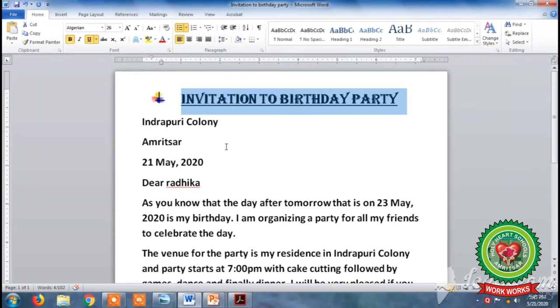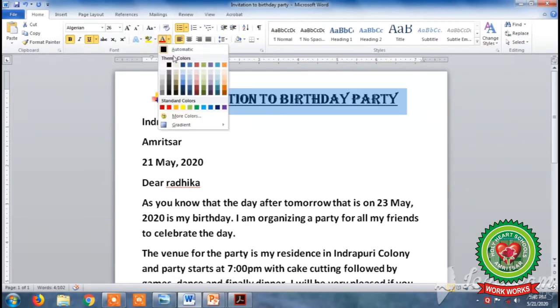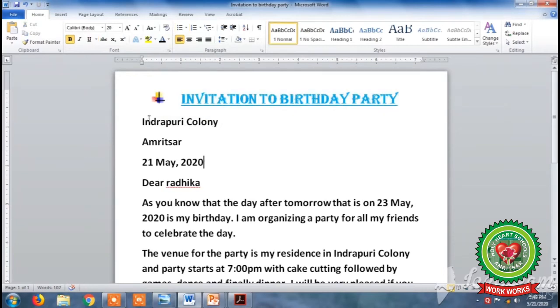Now we will use the font color feature of MS Word to change the color of the text. First of all, we have selected the main heading, so we will change the color of the main heading. So click on font color button and select any color. Similarly, we can change the text color of the rest of the text.